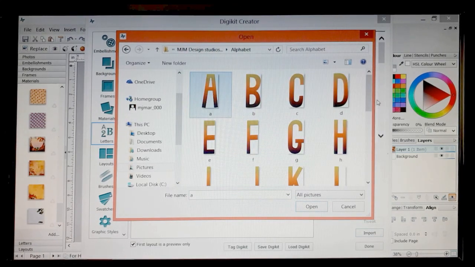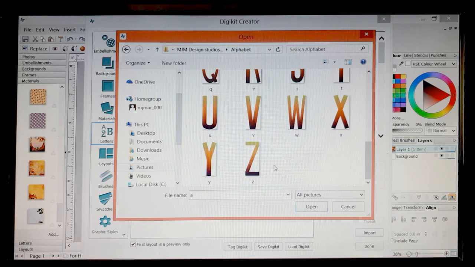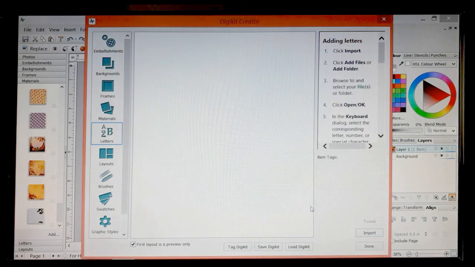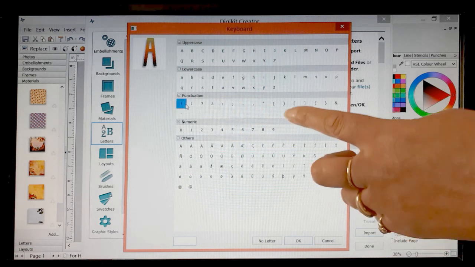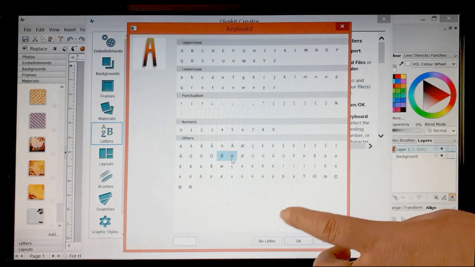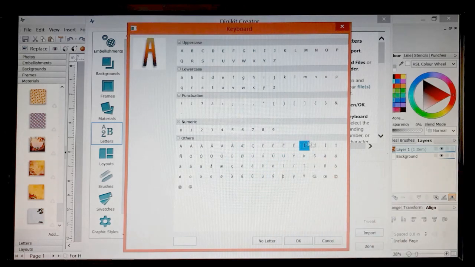And there's only uppercase in this collection, but if it was upper and lowercase, I'll show you how you assign your letters. So this works a little bit differently. You get a keyboard up here, because each of these images has to be assigned a character, basically, to make it work on the keyboard. So if I had upper and lowercase, then I would assign A, and then obviously if it was a lowercase a, it would be that one. You've got all your punctuation along here and your numbers,